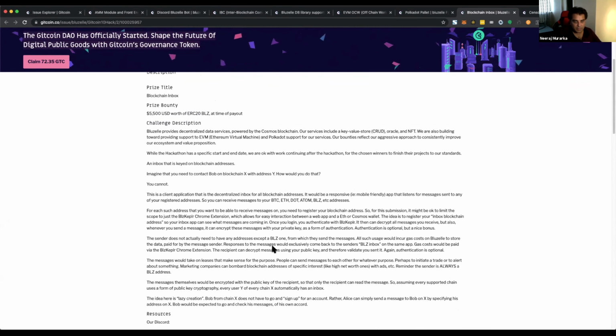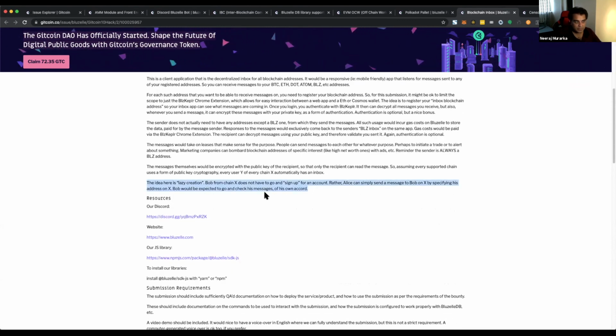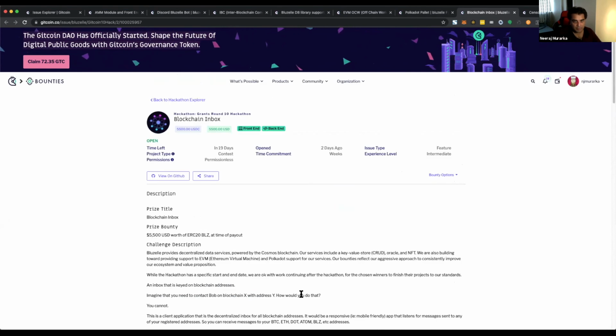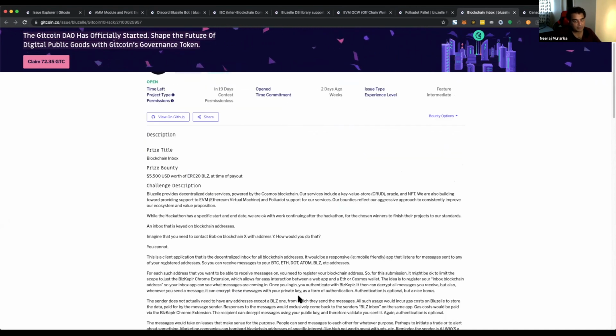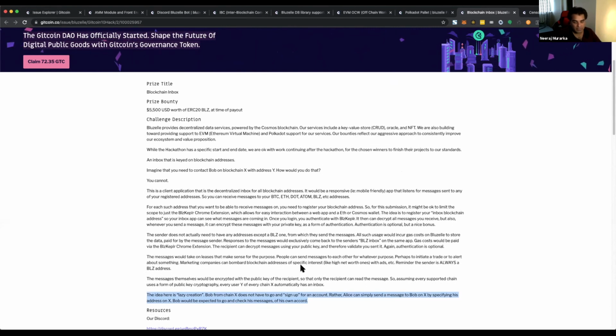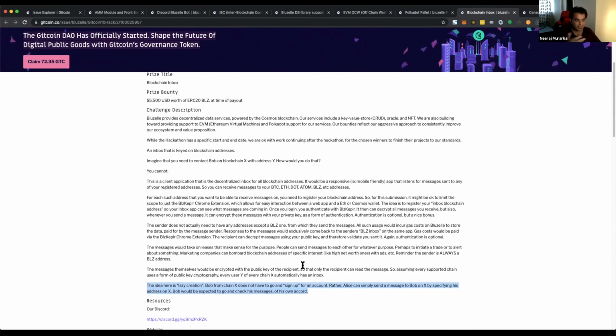This is kind of a lazy creation type of project. What I mean by that is the person receiving the message doesn't actually have to have already gone in and registered. So if I'm sending a message to address XYZ, and that happens to belong to Matthew, he doesn't have to have already gone in and created an inbox on this service in order for me to send a message. I can send him the message, and if and when he logs in, he will see the message. It'll be sitting there waiting for him. It's kind of like how PayPal was back in the early days. You could send money to someone without the recipient actually being a PayPal user. So same idea,